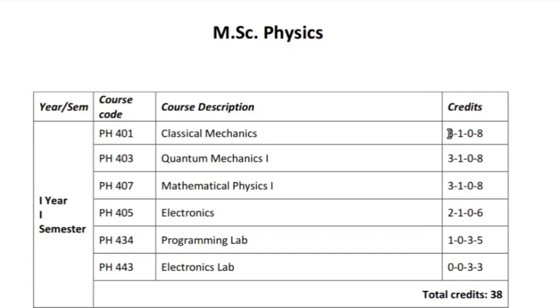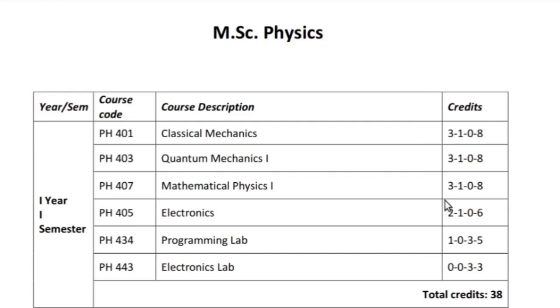The first number denotes the number of hours of lectures in a week of that particular course. The second number indicates the number of hours of tutorial or problem solving which are given for that particular course, and the third digit tells the number of hours of lab work for that course. So as you can see, there are 2 lab courses. In programming lab, there is 1 hour of lecture and 3 hours of programming work. In electronics lab, there are 3 hours of lab work. And other courses you can read as 3 hours of coursework and 1 hour of tutorial.